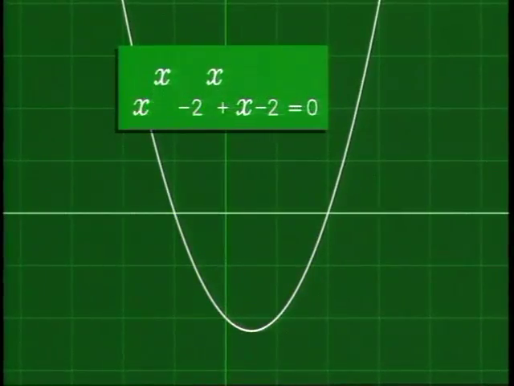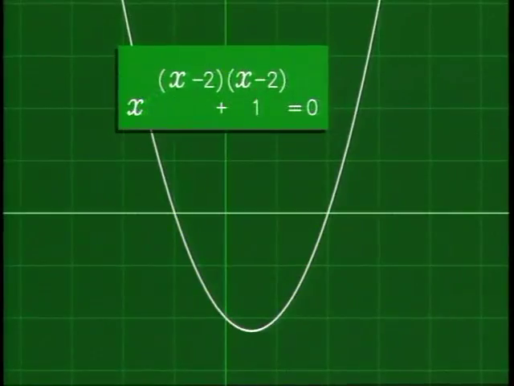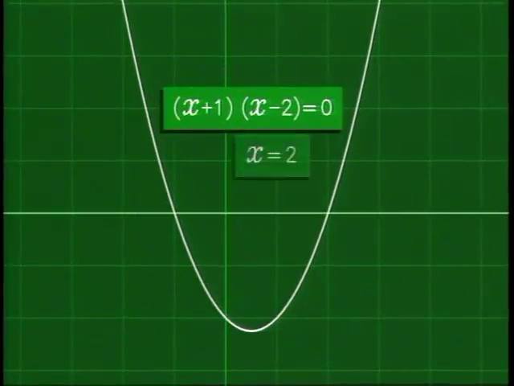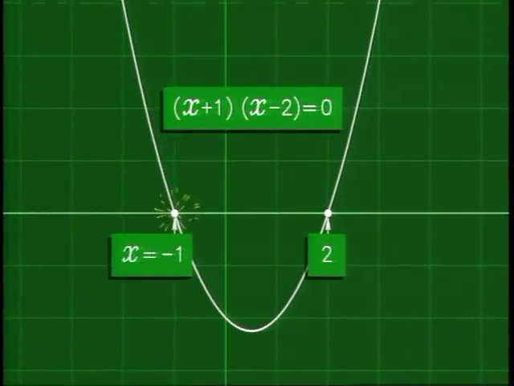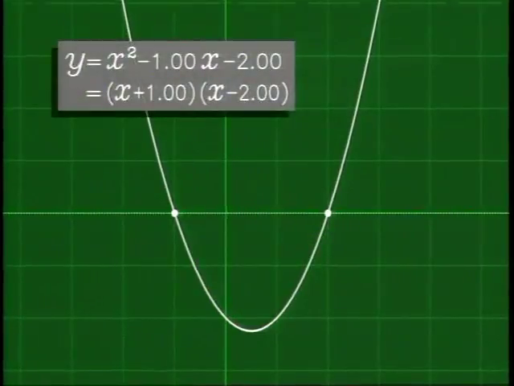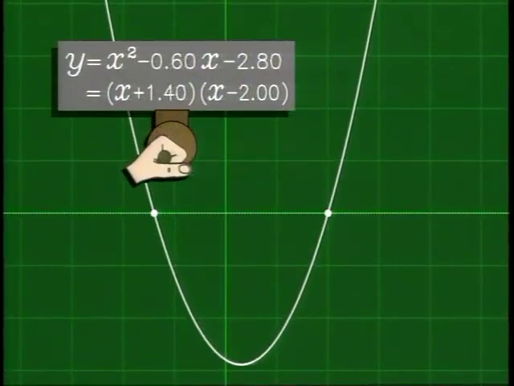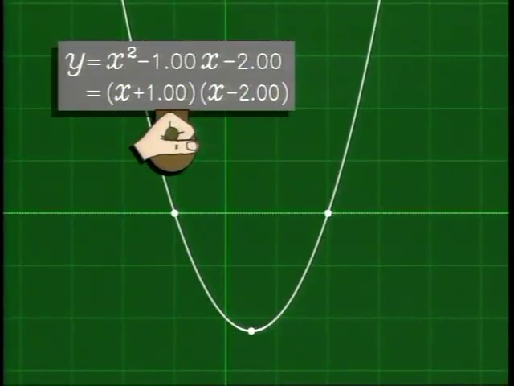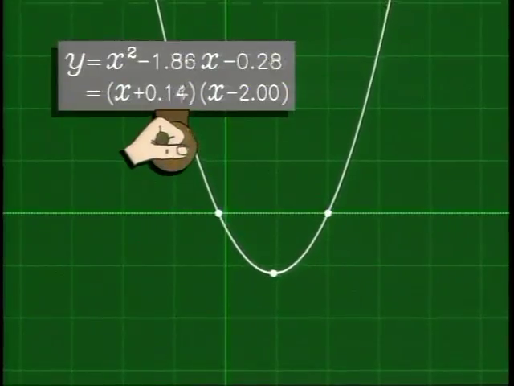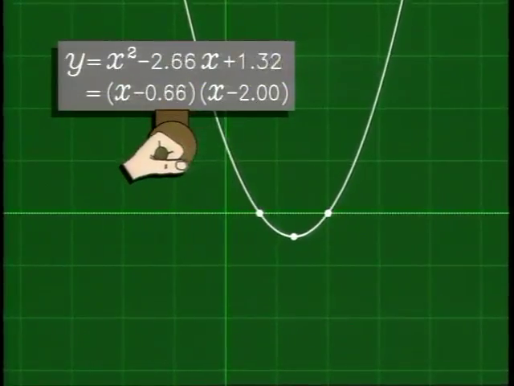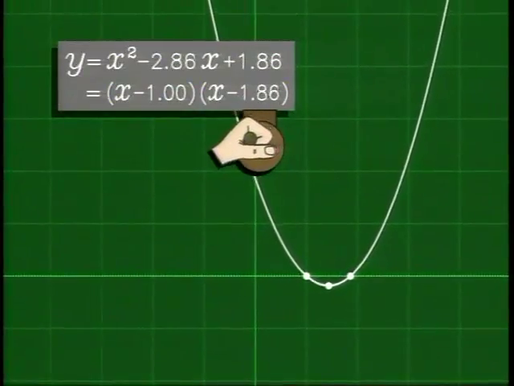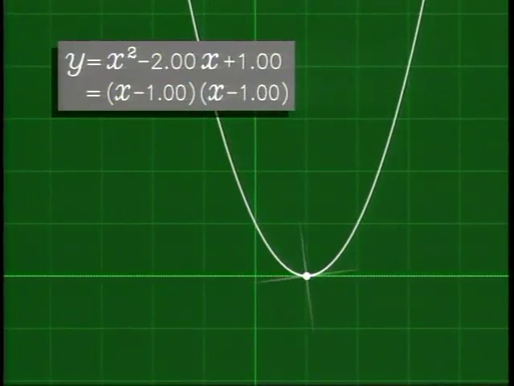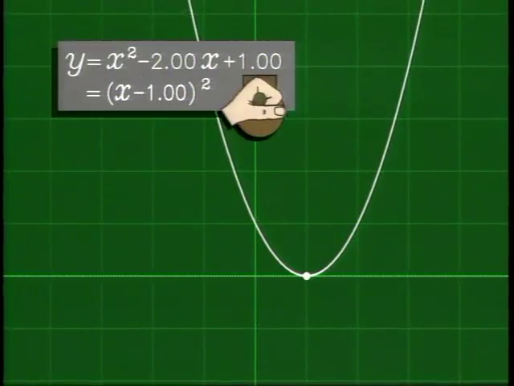The zeros are easy to find when the polynomial is expressed as a product of linear factors. For example, this product has one zero at x equals 2 and another at x equals minus 1. See what happens as the zeros move further apart or closer together. The lowest point on the parabola is always midway between the two zeros. When the two zeros coincide, the lowest point is on the axis, and we say the quadratic has a double zero. When a quadratic has no real zeros, like this